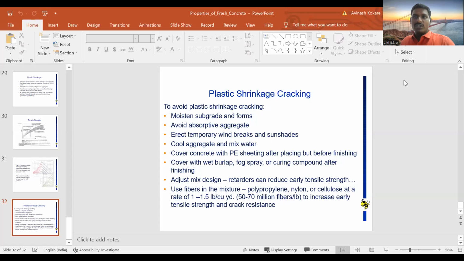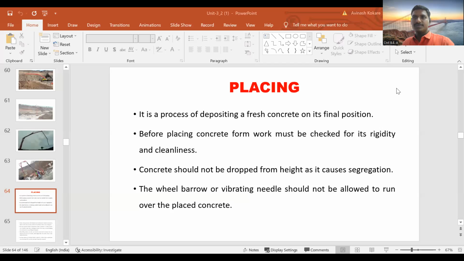Okay, so these are the other tests on the concrete. Okay, so now